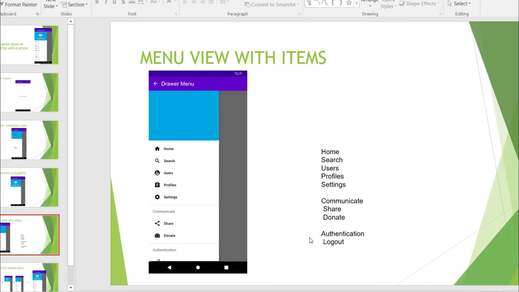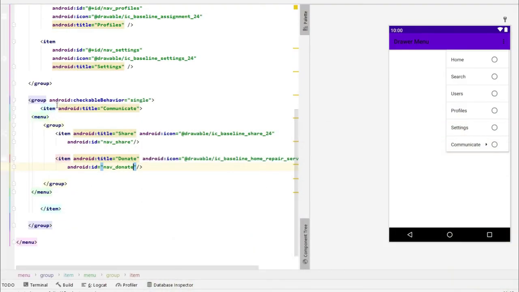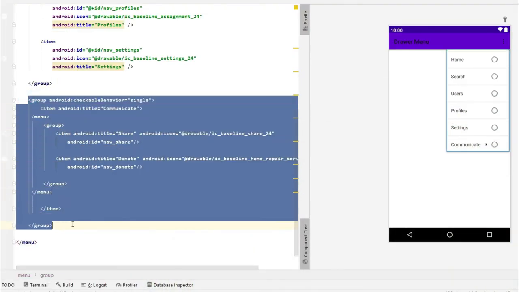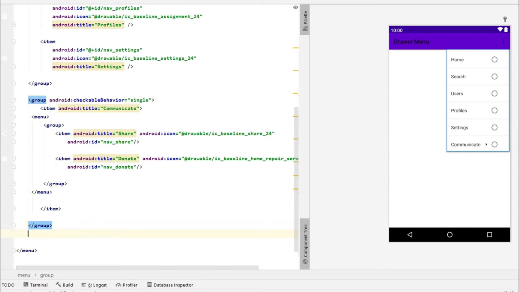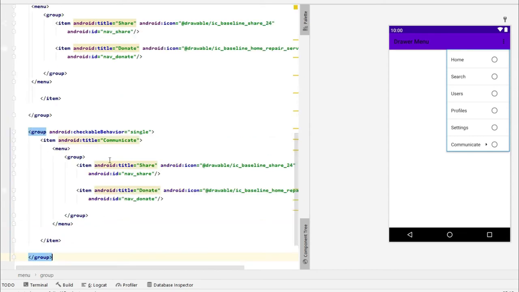Now it's time for our third group containing only 1 item, logout. For this we simply copy the already created group here. Change the name of the group.